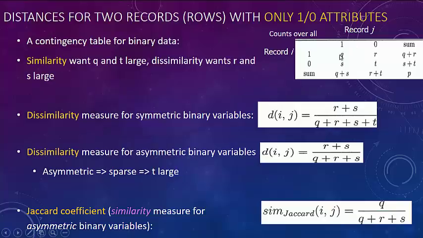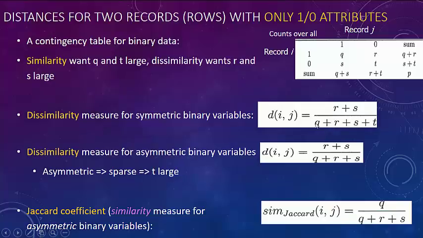And then based on these 4 numbers for each variable, we add up how many there are that are 1 and 1, that are 1 and 0, 0 and 1, and 0 and 0. And a dissimilarity measure becomes how many are different, namely S and R. That means if two documents fall into different values on a variable, one is 0 and the other one is 1, then they're different. So R plus S represents how many different variables there are of the two, and the denominator gives you